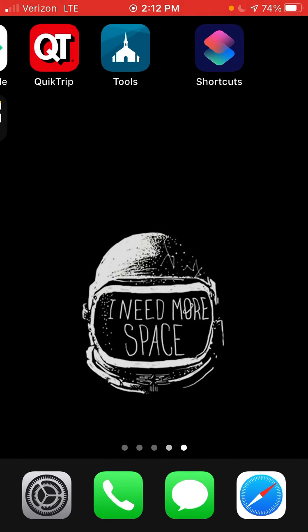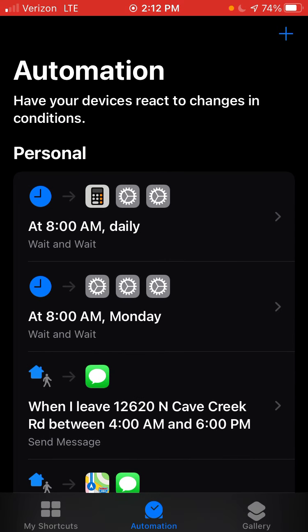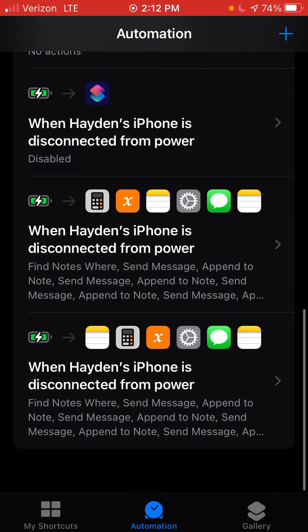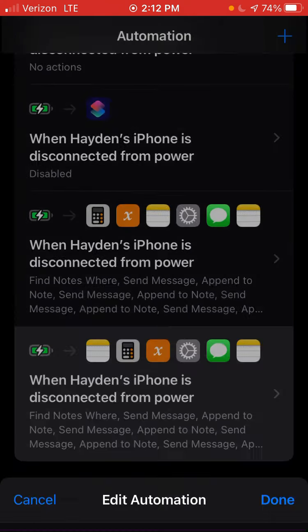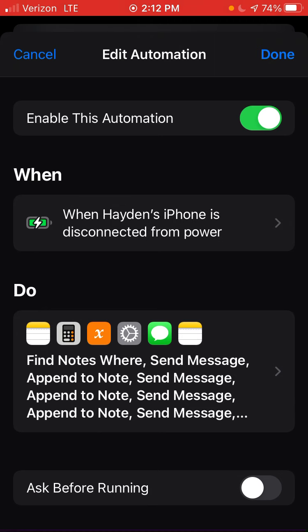And if you want to keep this enabled or disable it at some point, go back into the automations, find your automation that you've done. You can turn off or turn on that automation. So